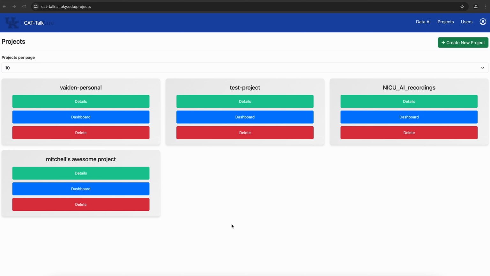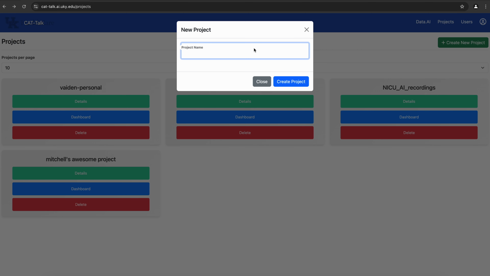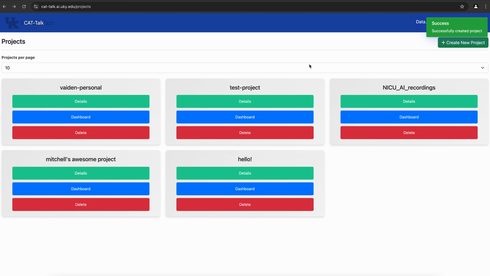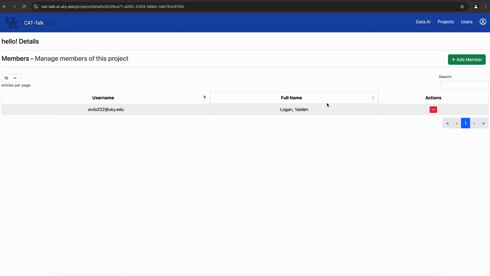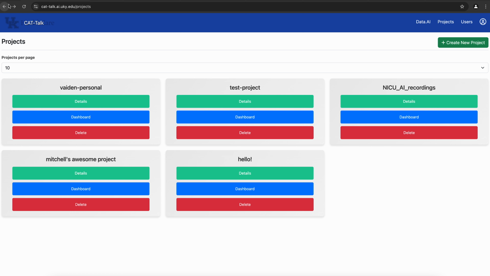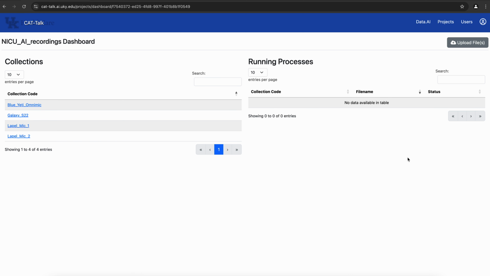So as a user, you can either create a new project, which is pretty simple. You just give it a name, click on Create Project. Another thing you can do is add other users to that project, and then y'all can collaborate on whatever you're working on. So after you have your project, you can go into that project dashboard, and you will see all